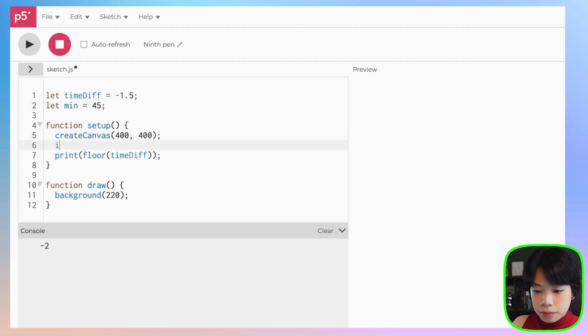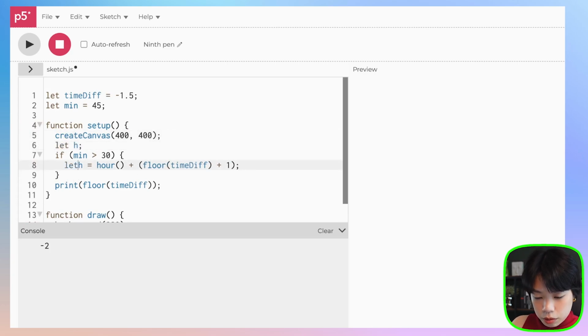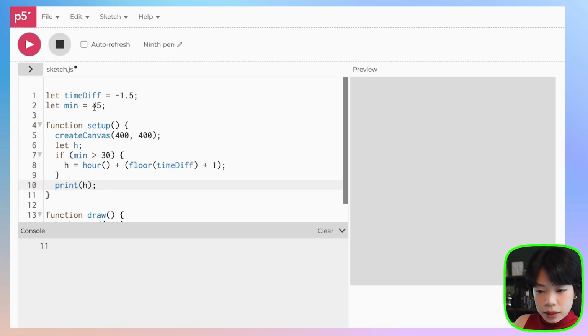So we're going to say that if minute is greater than 30, then what we want to do is set h to be equal to hour plus floor of timeDiff plus 1, right? So let's print h here. So we should get 11, right? But then if the minute is, let's say it's 15, then